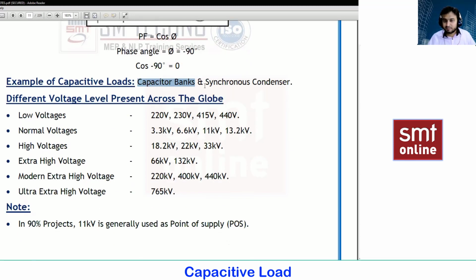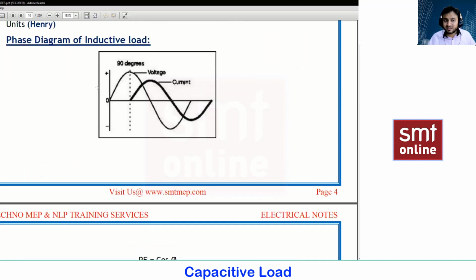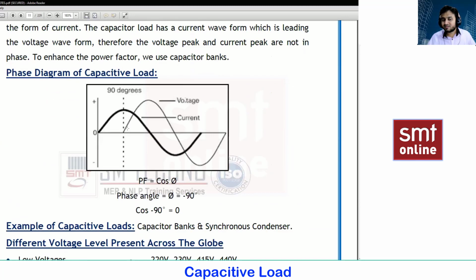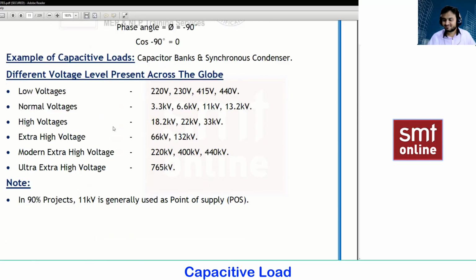Because if you are depending upon this power factor value only, without installing your own capacitor bank, what happens? The amount of current consumption will increase unnecessarily, because of which you may expect some more electricity bill and charges. To overcome all those things, we are going to use a capacitor, because by default in this capacitor we have a little amount of energy stored. So whatever energy is required in inductive load will be provided from your capacitor. Getting, Anand? Yes, sir. Next, we are going with different voltage.